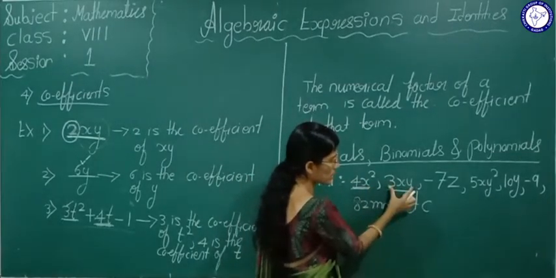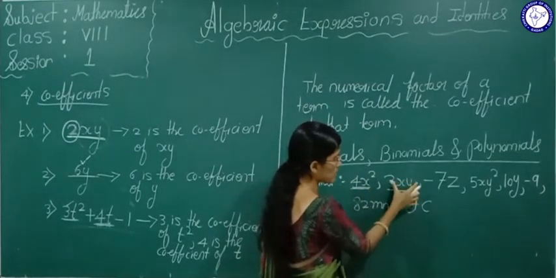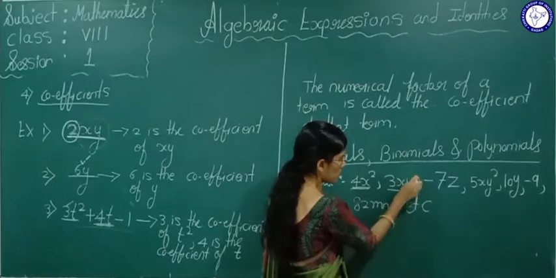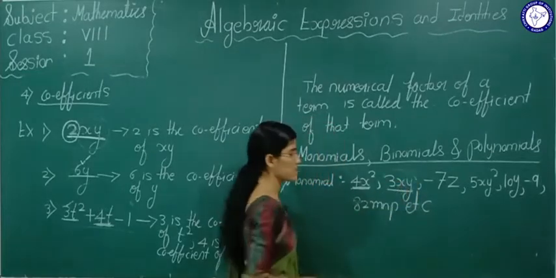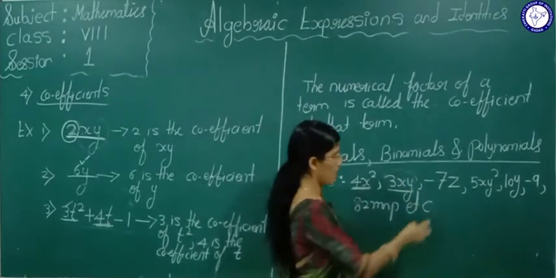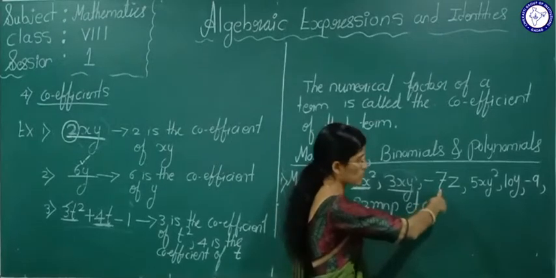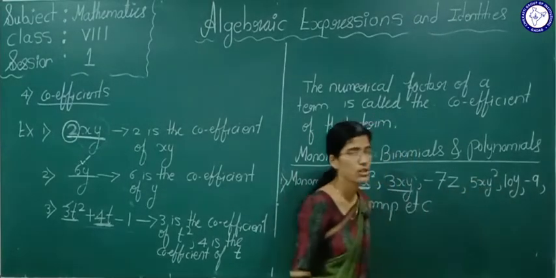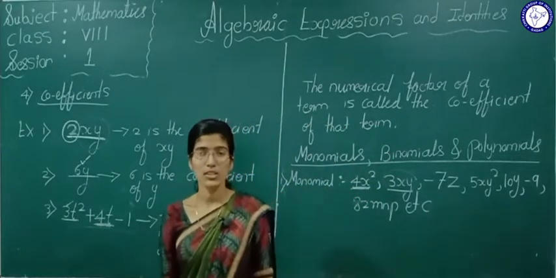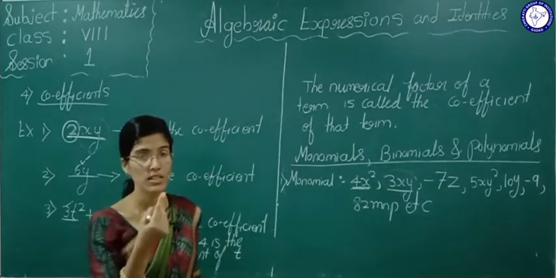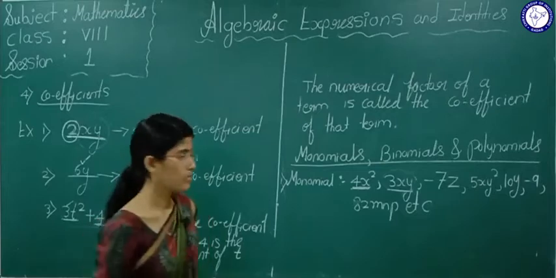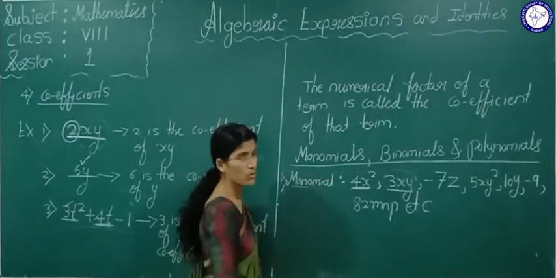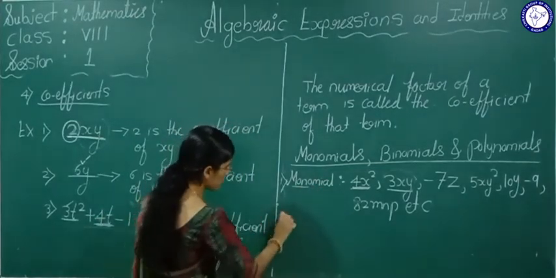3xy, only one term. Here there is no plus or minus, only one term is there, so this is a monomial. Minus 7z, this is also a monomial. 5xy square, monomial. What is a monomial? An algebraic expression containing only one term is called a monomial. Mono means what? One, right? So next we will see